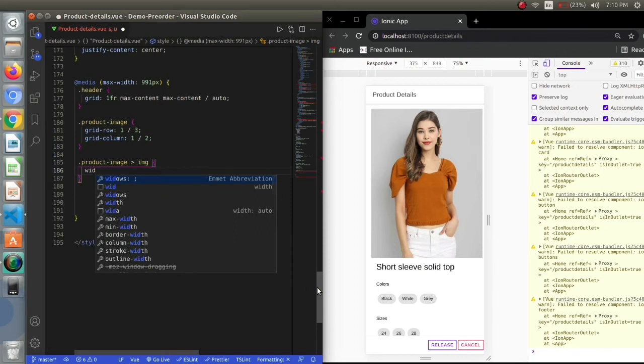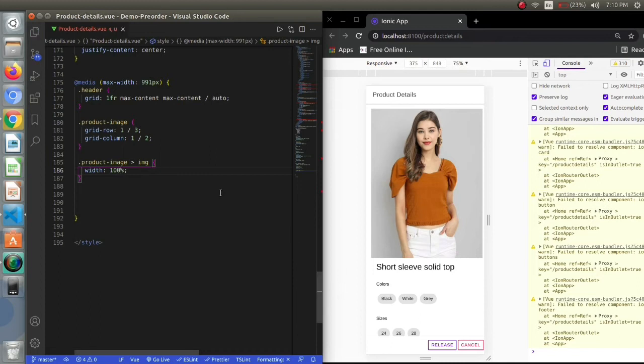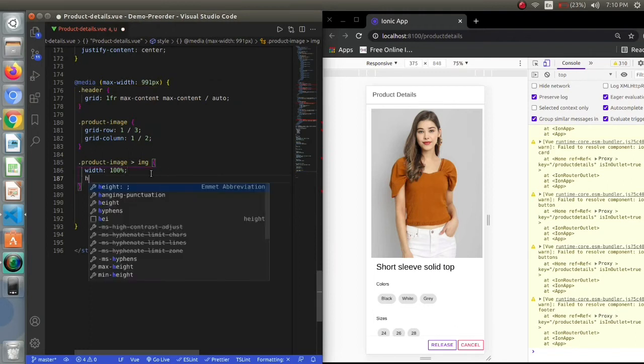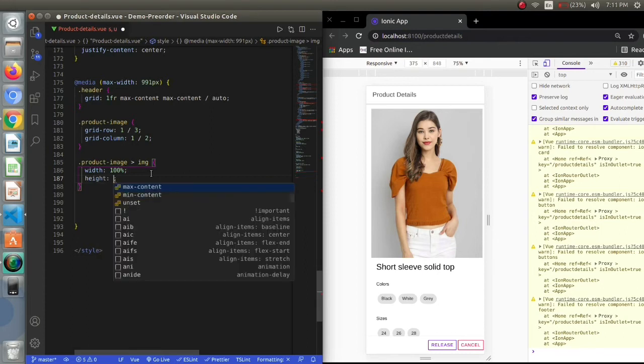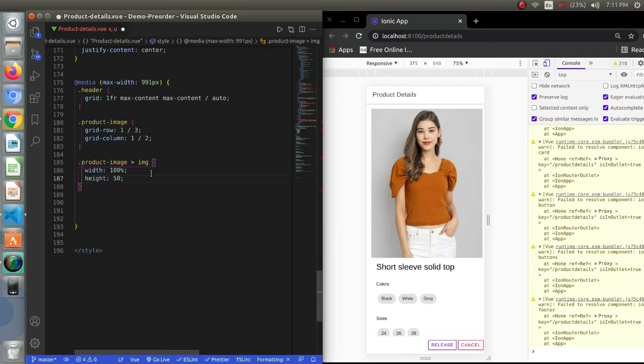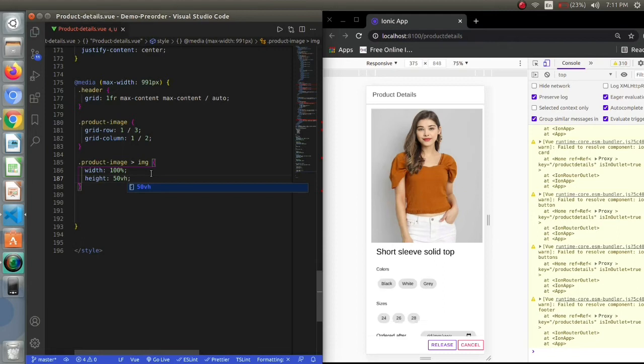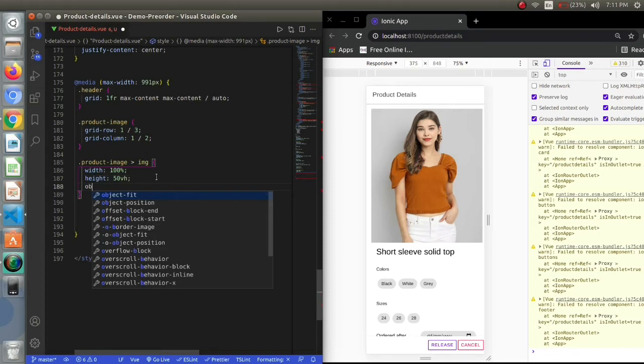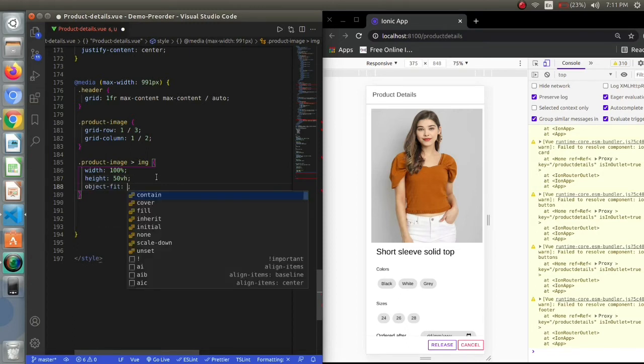I will be setting the width and its object-fit property. I want the width to be 100%, and height I want it to be 50vh, that is I want it to display 50% of the page, and we'll set the object-fit to cover.